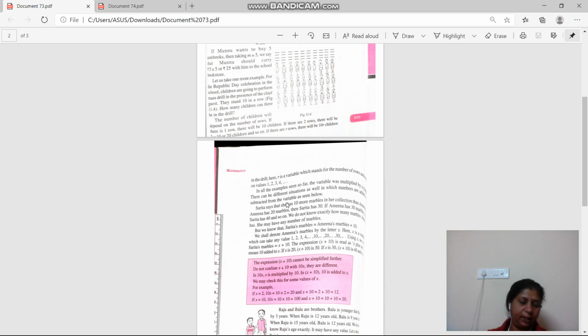अब देखो बॉक्स में क्या लिखा है. The expression x plus 10 cannot be simplified further. Do not confuse x plus 10 with 10x, they are different. देखो x प्लस 10 मतलब x वेरिएबल में 10 ज़्यादा. अब 10 ज़्यादा मतलब 10 से ज़्यादा. अब आप अगर 10x लोगे तो 10x का मतलब क्या होगा? 10 गुना ज़्यादा, that means 10 multiplied by x. तो ये तो नहीं कहा, बस इतना ही कहा है कि 10 से ज़्यादा है, 10 नंबर से ज़्यादा है, 10 गुना ज़्यादा हो, ऐसे नहीं कहा है. It is if the number of marbles